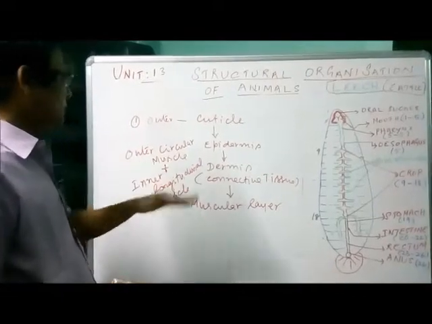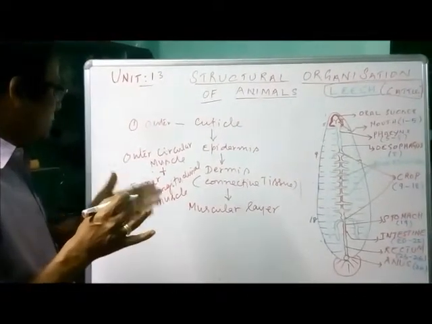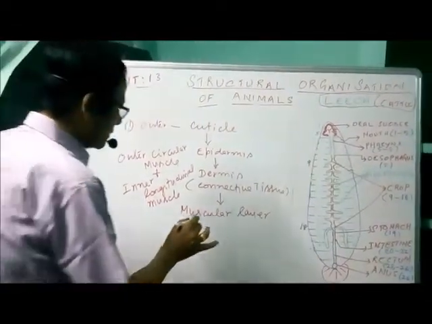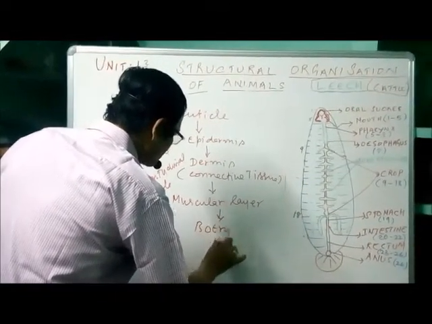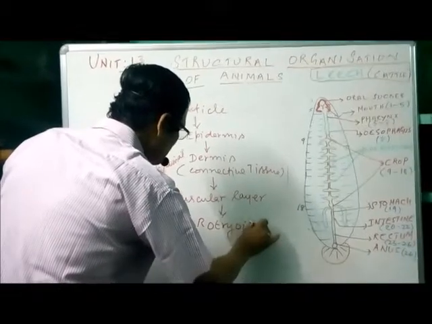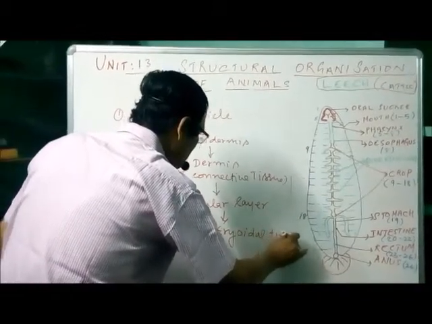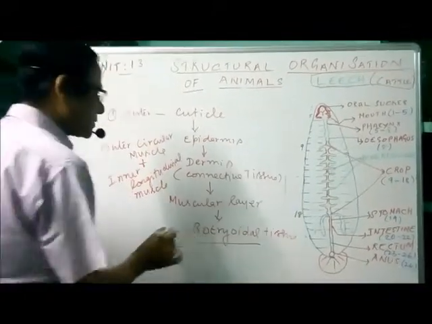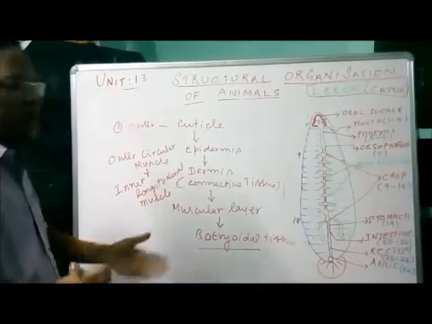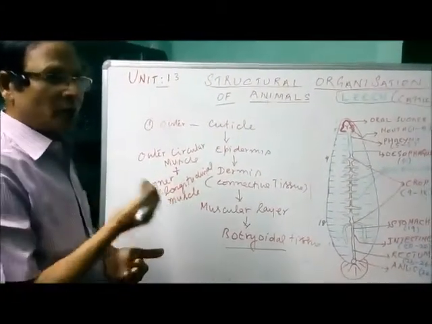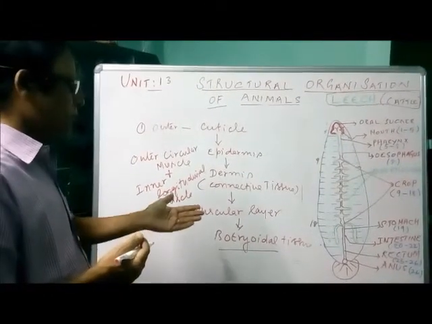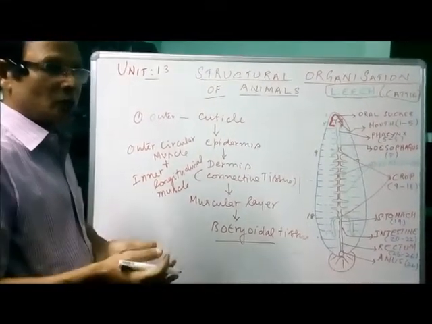Outer circular, inner longitudinal. Below the longitudinal muscle layer, we have a tissue called botryoidal tissue. A peculiar tissue present only in the case of leech, concerned with excretion. This botryoidal tissue is present around the alimentary canal in the coelomic system, or in the coelom or in the